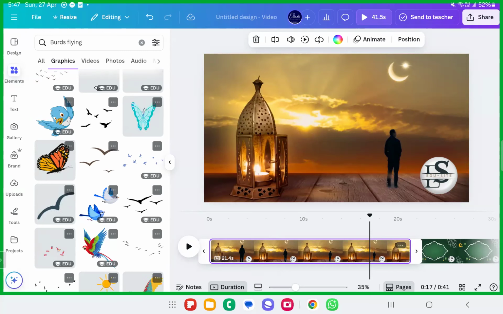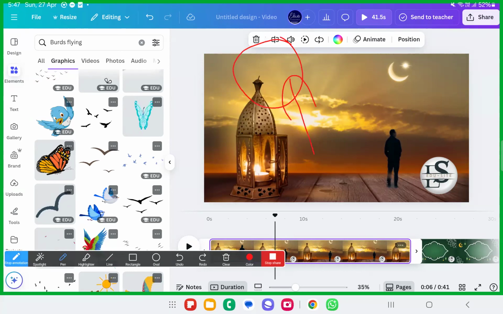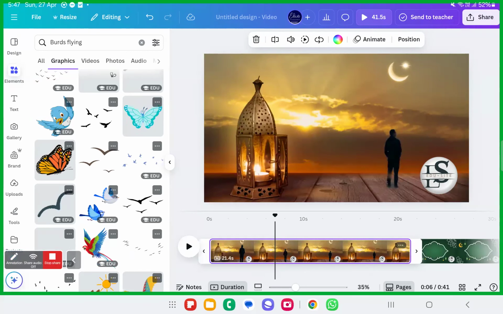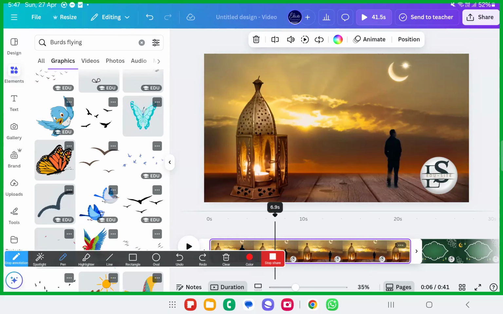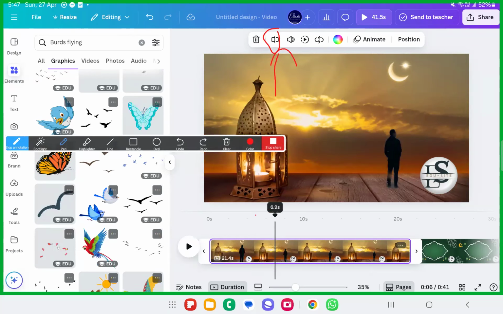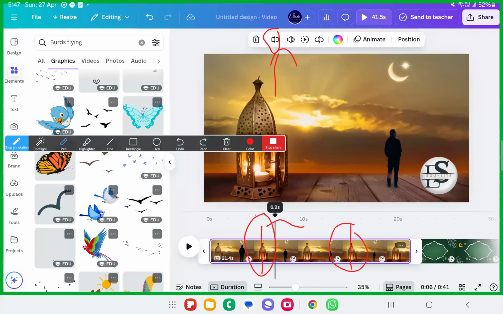You have an option known as trim. Trim and split. So you can even go ahead with this one. This is a crop video option. Can you see that? This option is trim and split. Or else you can break the page, something like this. How to break the page? There is something called split the page. You can split the page here, you can split the page here, and you can delete this much.